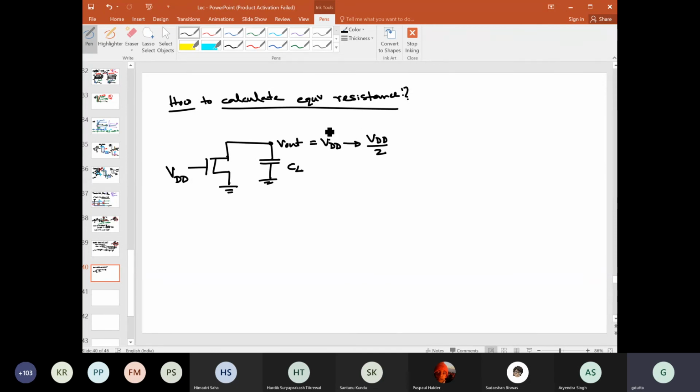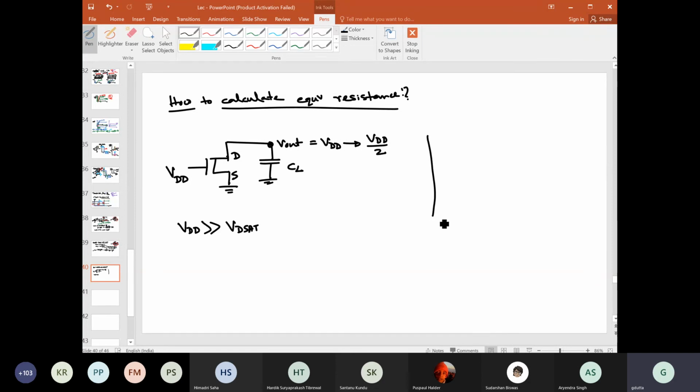This output voltage is nothing but VDS for this MOSFET. And if we say the supply voltage VDD is much greater than VDSAT, where the current saturates for a MOSFET in the ID-VDS characteristics,